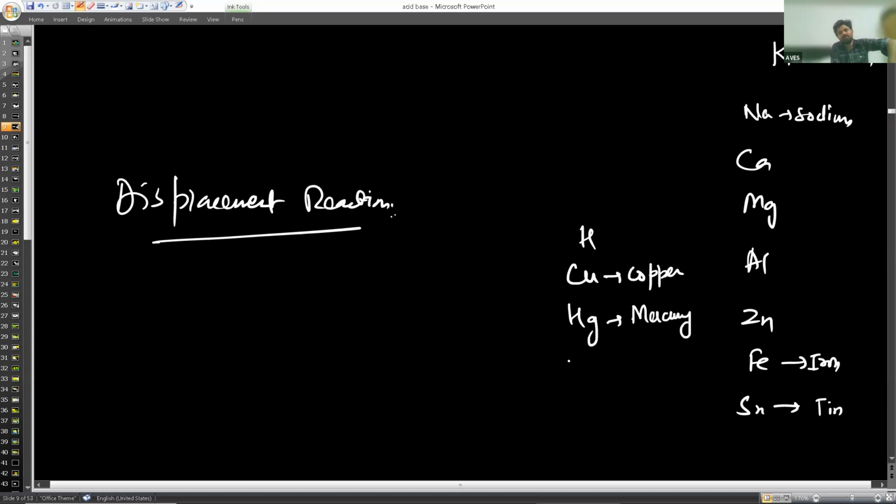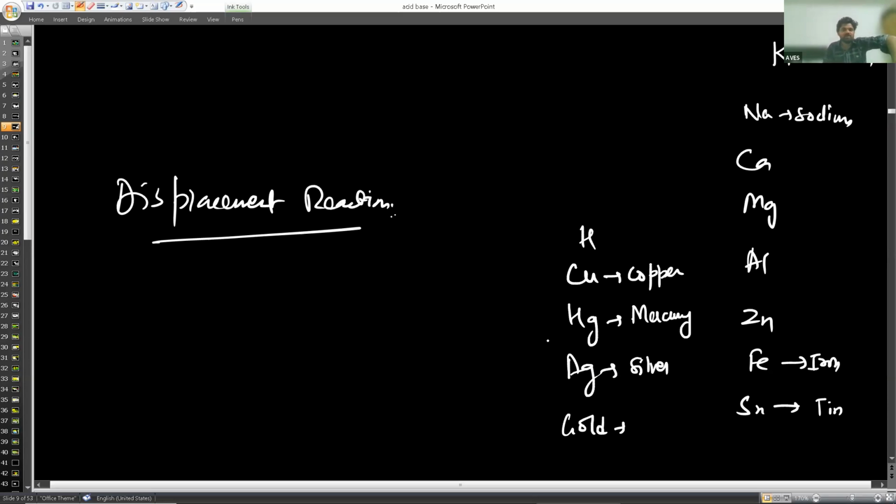Then we have silver. Ag is silver. Then we have gold. And then we have platinum. Okay. So if I ask you, this is very simple, which element is more reactive? Magnesium is more reactive than aluminum, or aluminum is more reactive than magnesium? Which is more reactive? Magnesium. Yeah. The element which is present at the top or above, they are considered to be more reactive